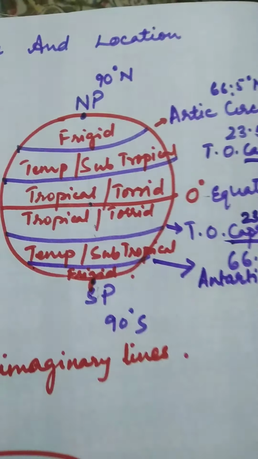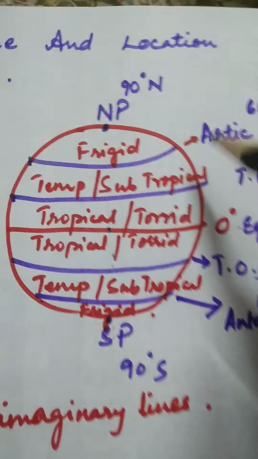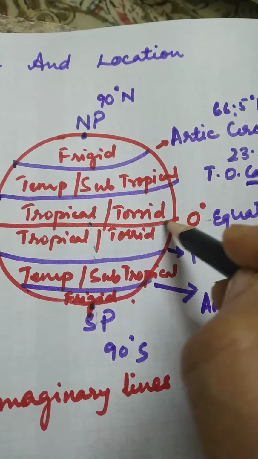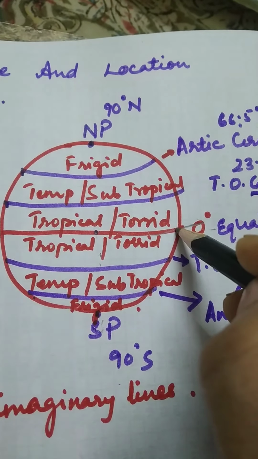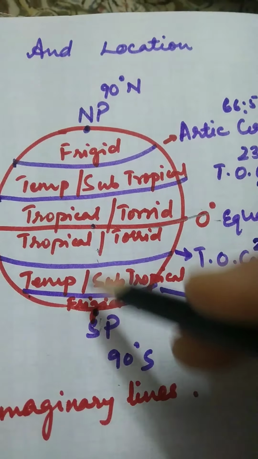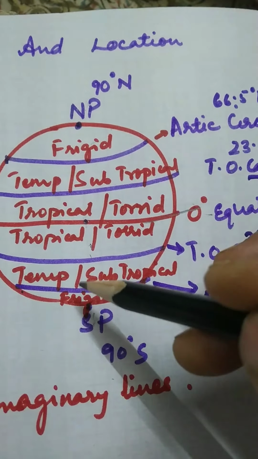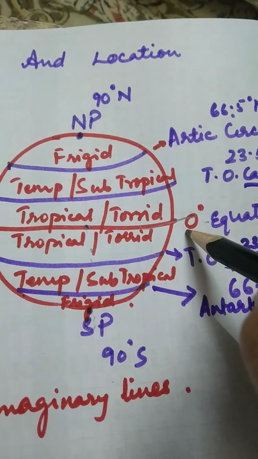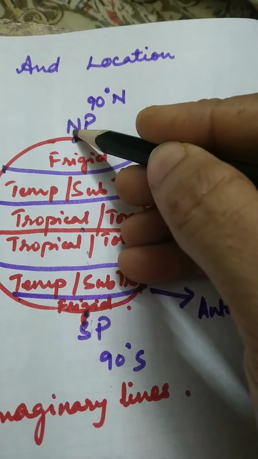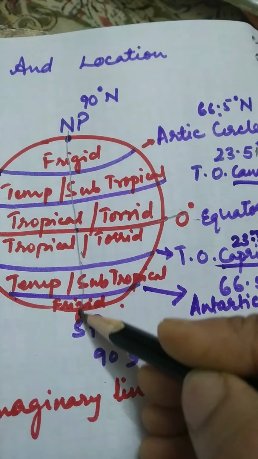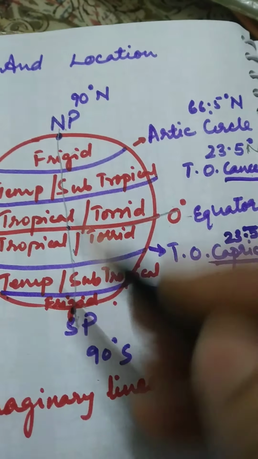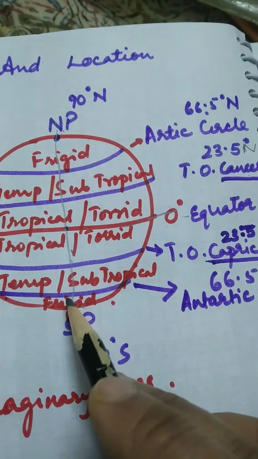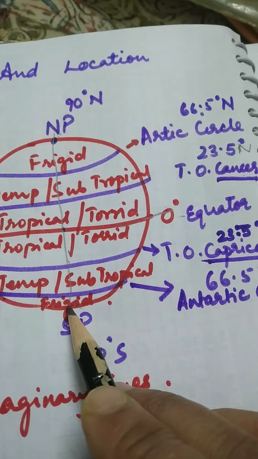Now, you have to consider this as the globe. If you see this, you will see that the line of equator is dividing the earth into two equal hemispheres, the northern hemisphere and the southern hemisphere. Now, this line of equator is at 0 degree, and if we draw a perpendicular line, that is 90 degrees, so that will be from North Pole to South Pole. The top point, which is 90 degrees north, will be the North Pole, and the point which is at the south, 90 degrees south, will be the South Pole.